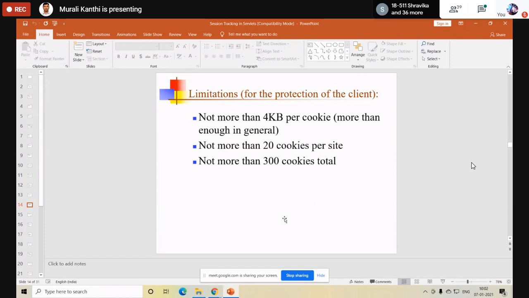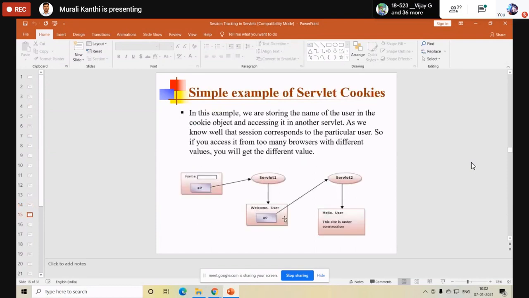Then not more than 300 total: in one browser, including all the sites, less than 300 are allowed. These are the limitations. This is a diagram we have seen.